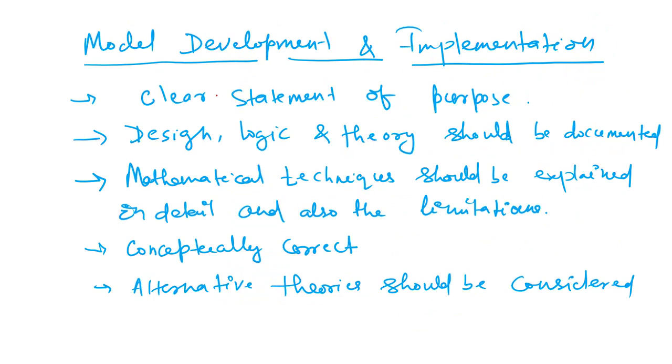So what happens in model development? We start with a clear statement. The problem statement should be the first thing in model development. One should understand the problem for which a model is being built, and that should be well documented and discussed with all the stakeholders. The people who are going to use this model should give a sign off on that, and then the model development should start. So the first thing to understand here is that the clear statement is there,